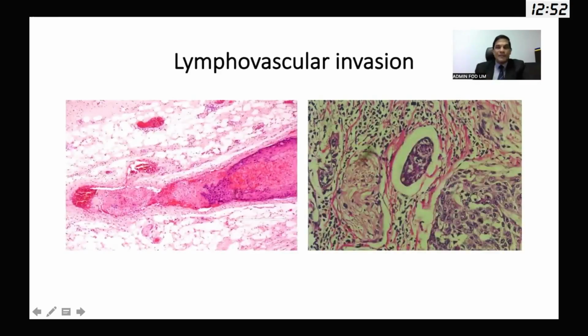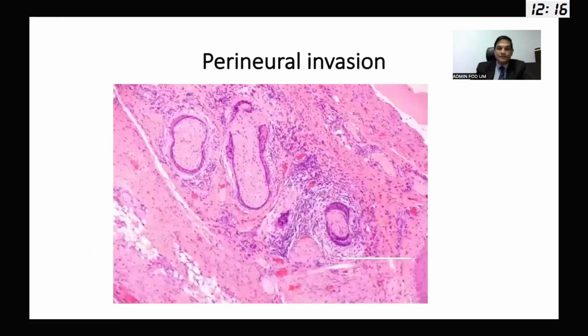Lymphovascular invasion, again, is a really important one in order to predict occult metastasis, etc. Now remember, our immune system does not necessarily allow a tumor embolus inside a lymphatic or blood vessel to end up in a lymph node. It has to fight against the immune system in order to be successful and go into a distant site. But still, when we see this, we can convey this to the clinician. I think clinicians, together with other parameters, can decide whether they are going to do a neck dissection, especially in a clinically N0 or clinically negative neck.